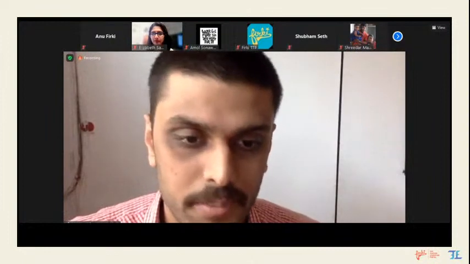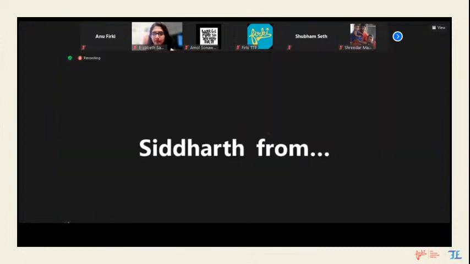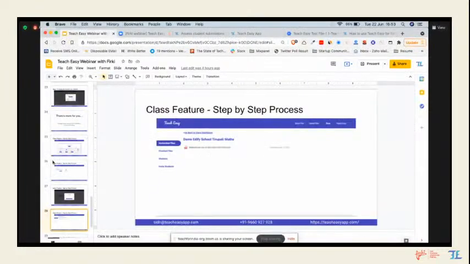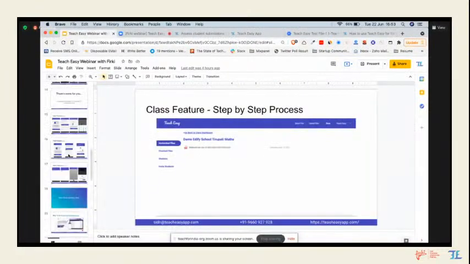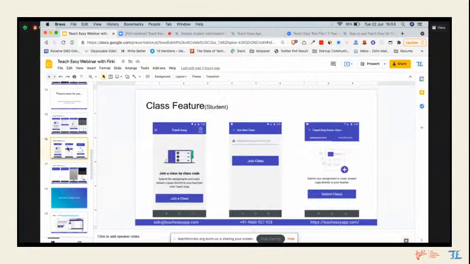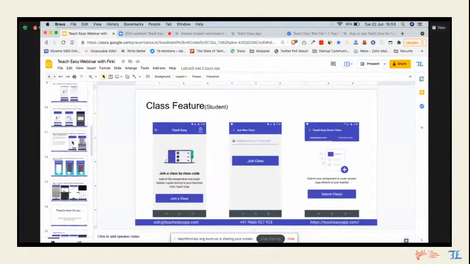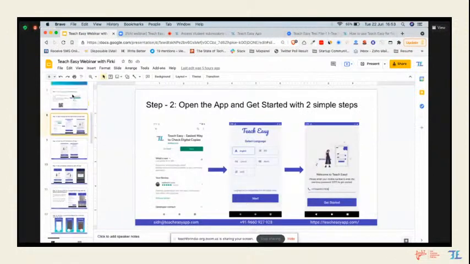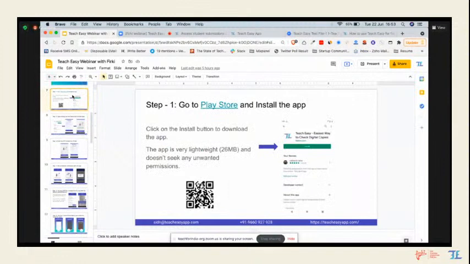Let me share my screen again to show how students can do the submission. For students, there is this mobile app. The same mobile app, the same link, is for students also. As a student, what we have to do is install this app.